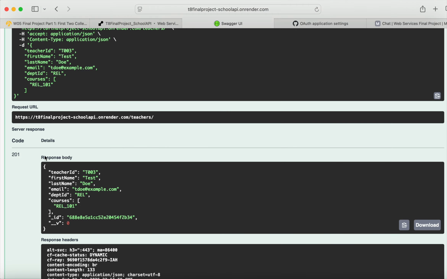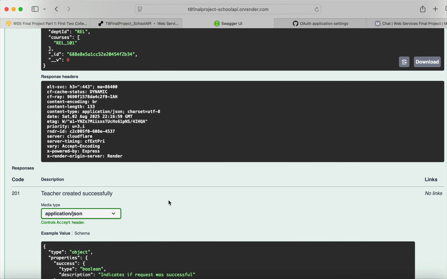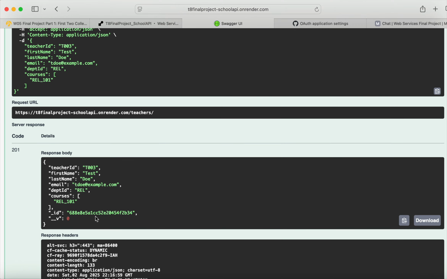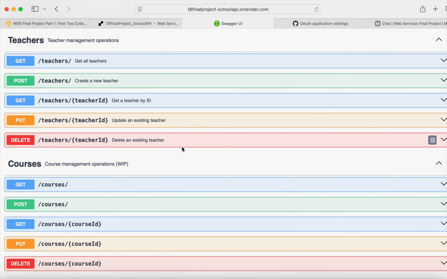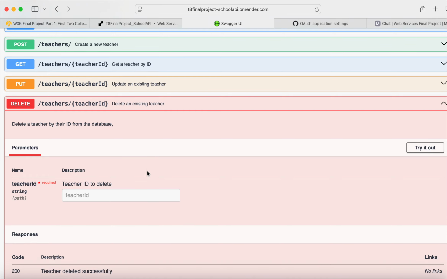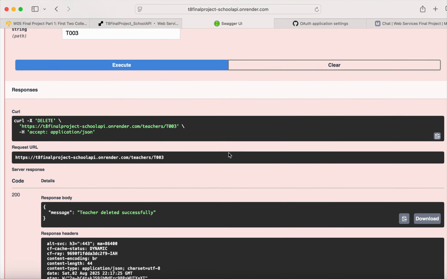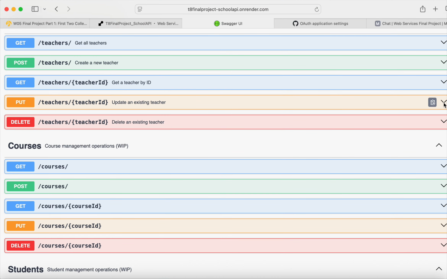We posted, 201, acceptance, teacher created successfully. And let's see with this ID right here if we can delete it right now. All right, perfect. We're gonna delete this teacher 3, deleted successfully. So right now we have edit, post, get, and delete working